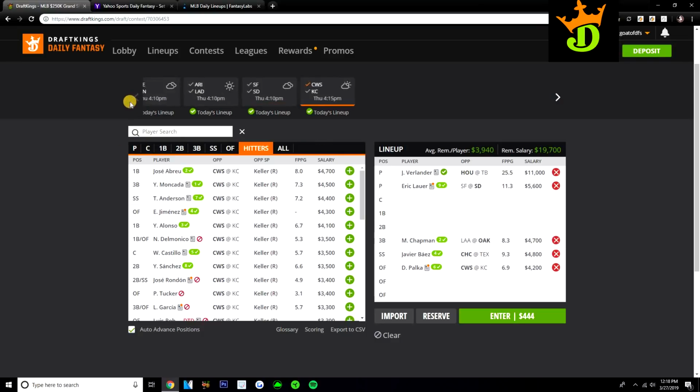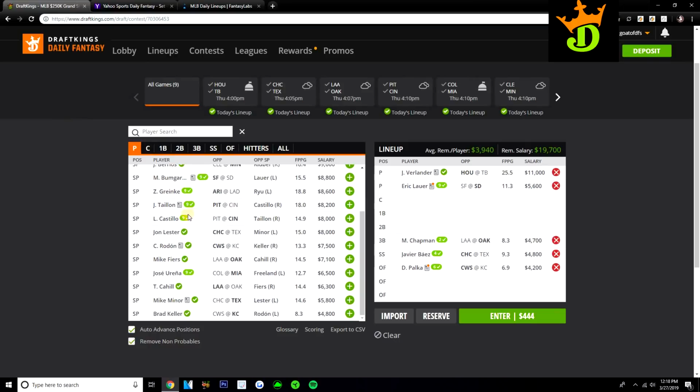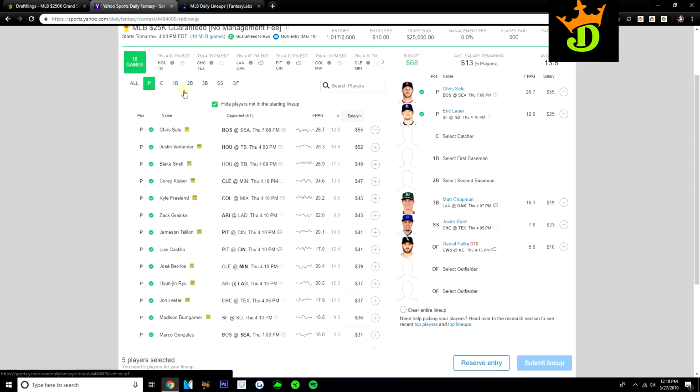The White Sox definitely a team I look to today. Brad Keller's just not a pitcher I believe in, not a pitcher that I think is very good. Definitely a guy I want to stack against. So love Palka here. Would not be surprised at all if Palka takes him deep. Great power hitter, and just facing a very bad pitcher overall. So these are my 5 plays for DraftKings and 5 plays for Yahoo for MLB.